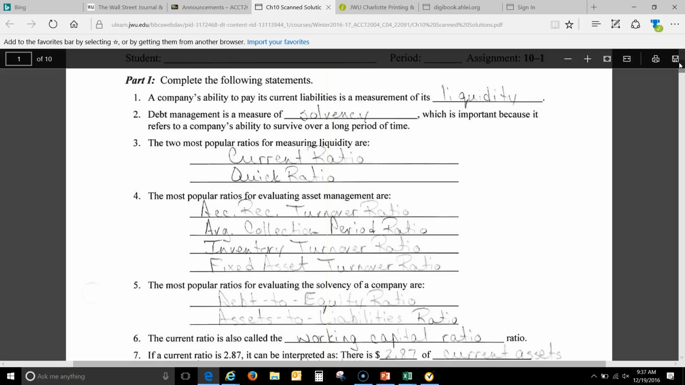Number 1 says a company's ability to pay its current liabilities is a measure of its blank. Liquidity. Good. Number 2, debt management is a measure of blank, which is important because it refers to a company's ability to survive over a long period of time. Good, solvency. Number 3, the 2 most popular ratios for measuring liquidity are